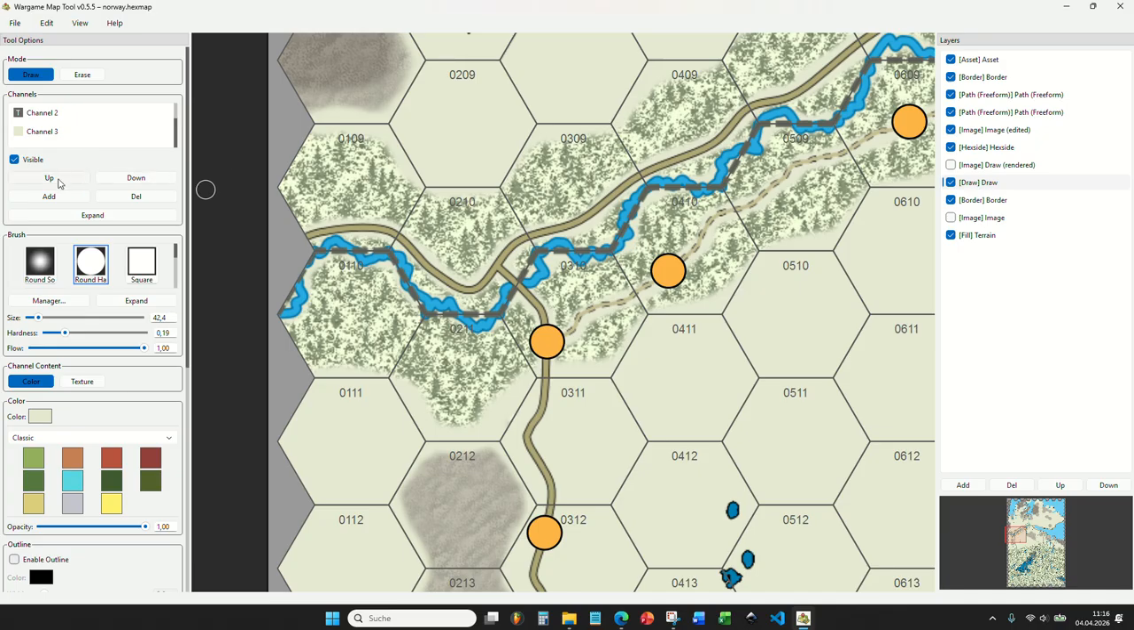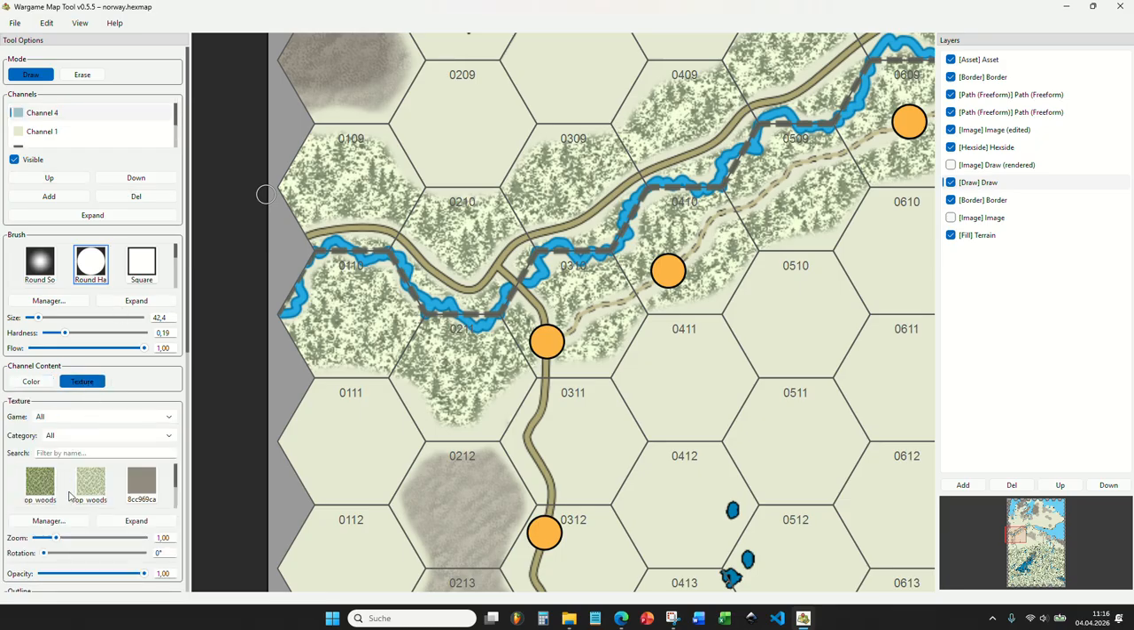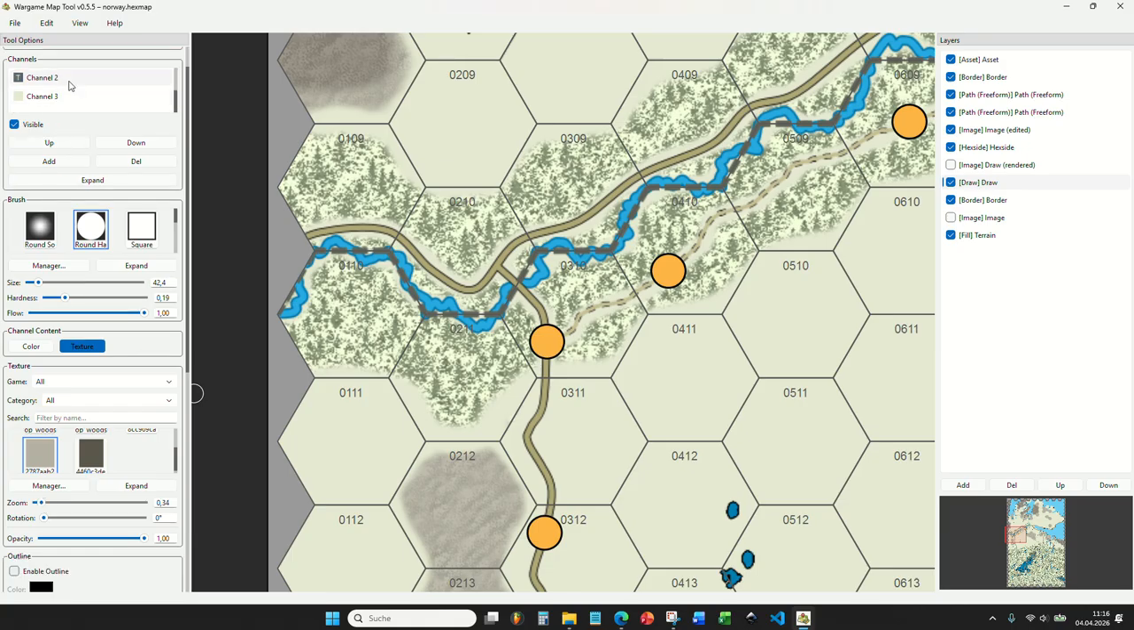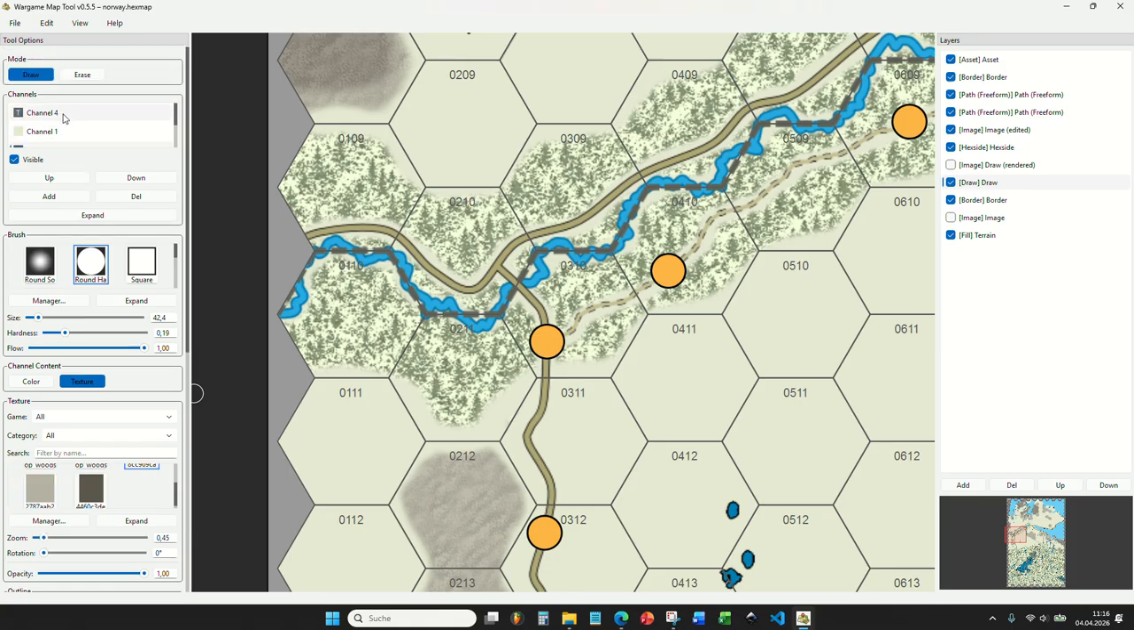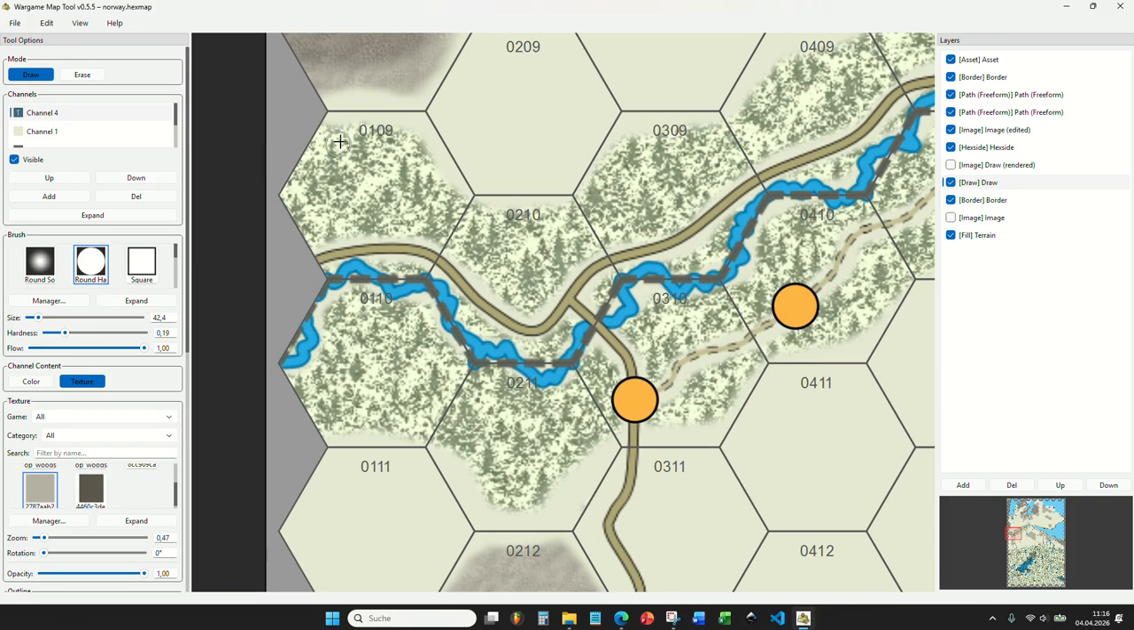So we add a new channel here and make it the texture. Maybe a little bit smaller. Or we can compare it to the other one. 0.45. And now we can,